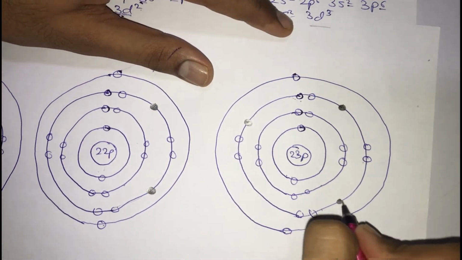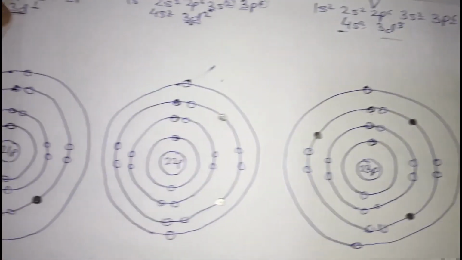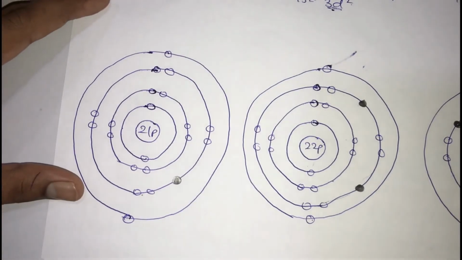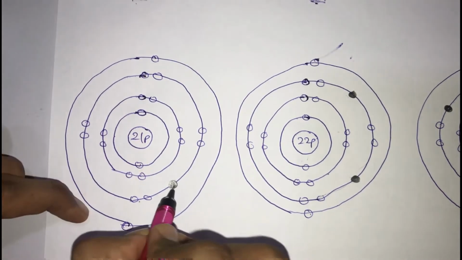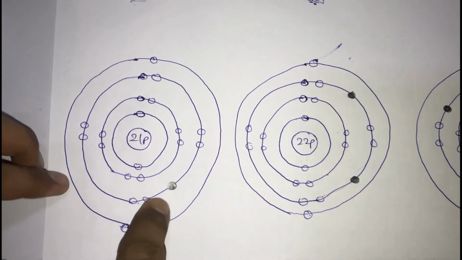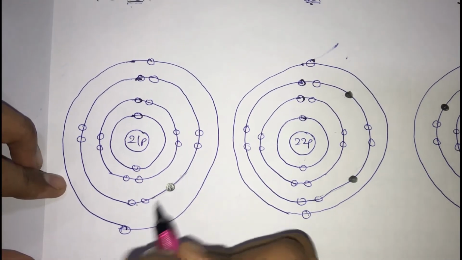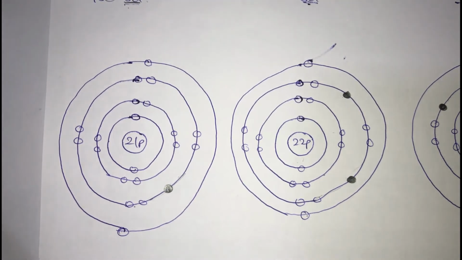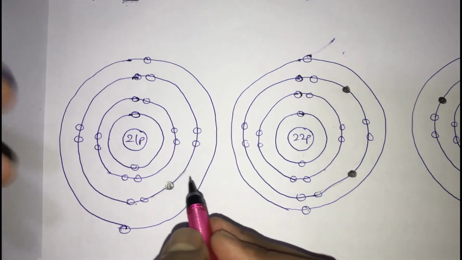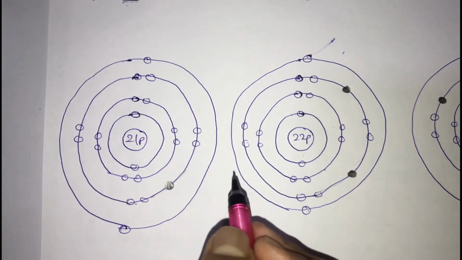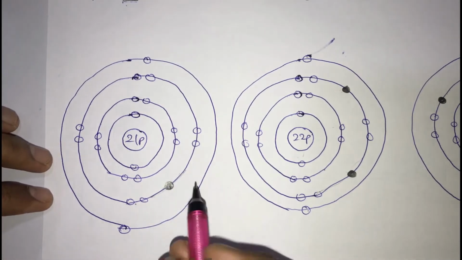Is this clear up till now? So now can you all see here, guys? Here this one extra added electron is going to increase the shielding effect produced by the third energy level. Am I right? If you increase the electrons, here now have become 9 electrons. So 9 electrons will obviously have greater shielding effect than the previous 8 electrons. So here you have increased the shielding effect by adding 1 electron.